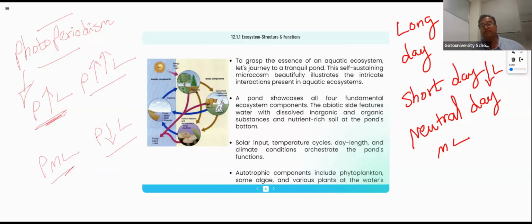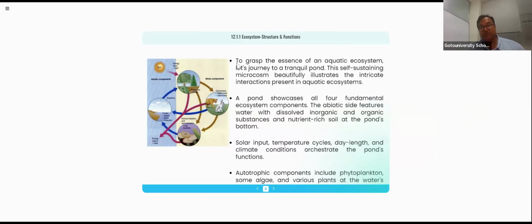So the photoperiodism plants we discussed, some plants require long sunlight, some require short sunlight, some require moderate sunlight. Like this, I already told you. Again I'm repeating: one is called short light, another is called long light, another is called moderate light. A very good example of the short light plant is strawberry, raspberry,